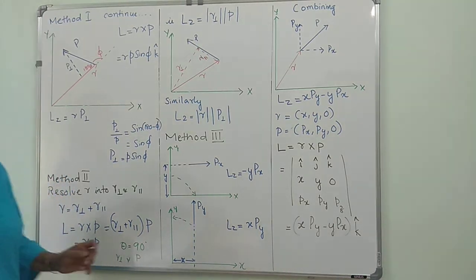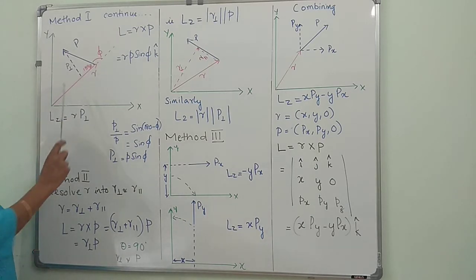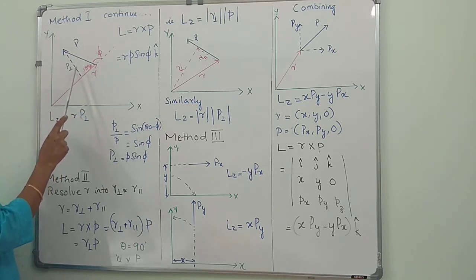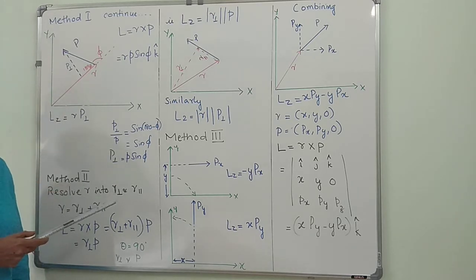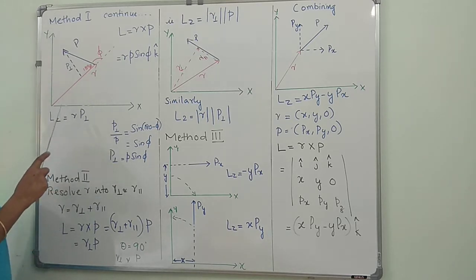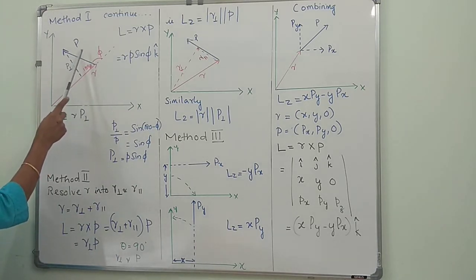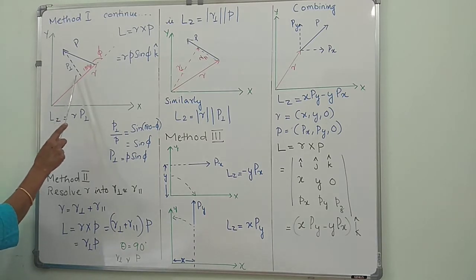So just like we have resolved position vector r in terms of perpendicular component with respect to p, we can also resolve the momentum p as perpendicular to r. Either of the vectors you can resolve in terms of the other vector as parallel or perpendicular. So here, instead of r, I have taken the momentum and the perpendicular component. That means the component of momentum p perpendicular to the position vector r is considered over here.